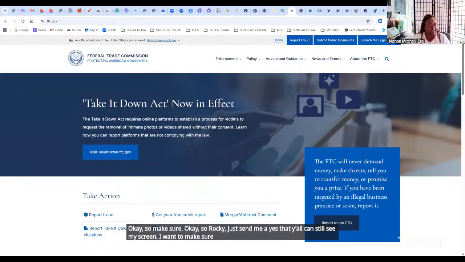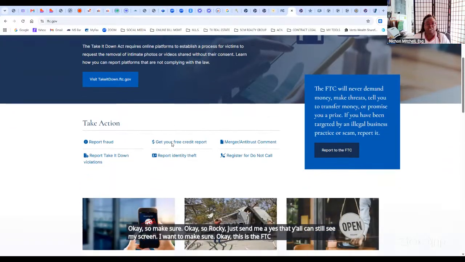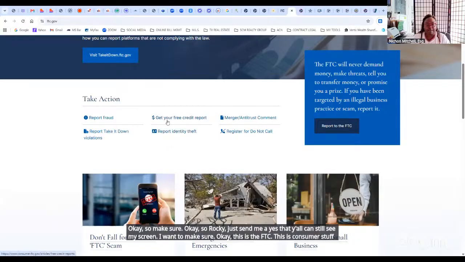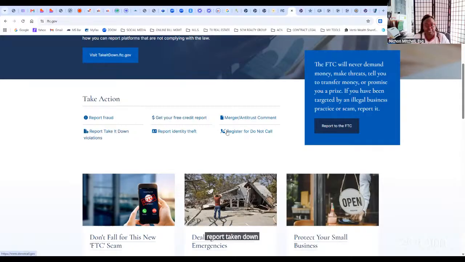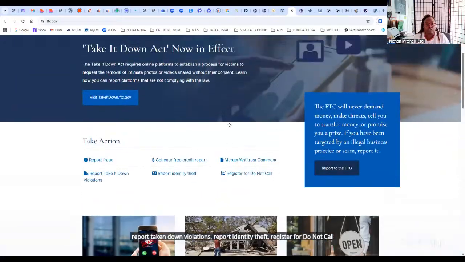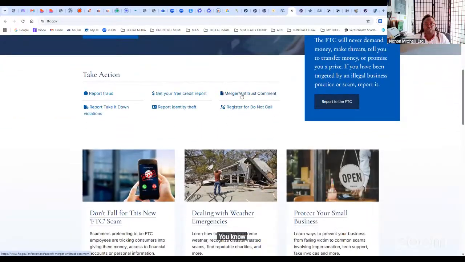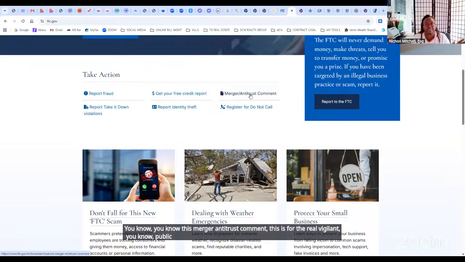Okay, this is the FTC. This is consumer stuff. This is fraud. See here, get your free credit report. Report Take It Down violations. Report identity theft. Register for Do Not Call. You know, this merger antitrust comment is for the real vigilant public people out there. If you want to comment, like when American Airlines merged with United or something, if it's a merger or antitrust, you can comment on different